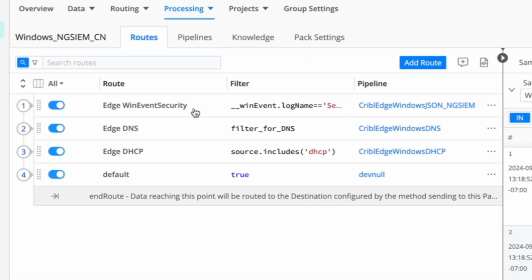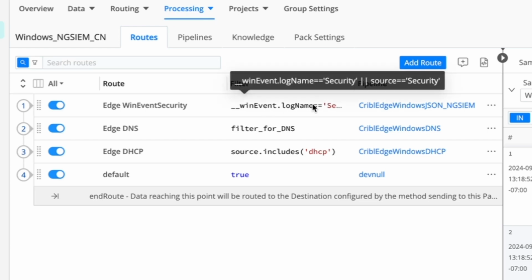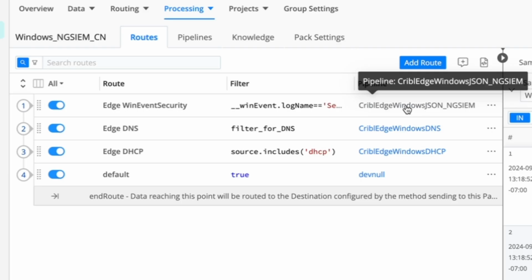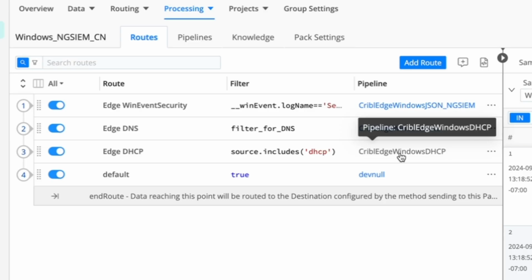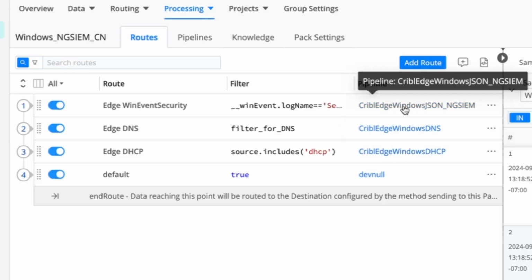We can see we have these different routes inside the pack, so that if we have a Windows security log, it's going to apply this filter to see, is it a Windows security log? And if so, it's going to apply this pipeline. Same with DHCP. If there's a file being monitored that has DHCP in its name, it's going to process this pipeline instead. So let's look at the Windows security logs over here and what we're